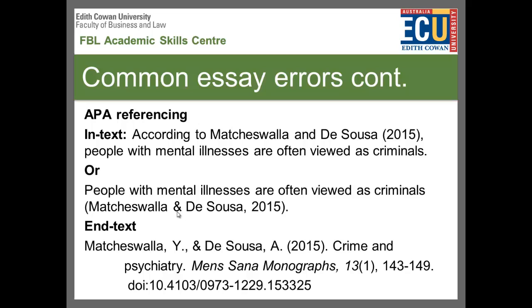In the end-text reference list, remember, you need author surname, so you're trying to show who, when, what, the title of the article, where it came from. And here, for example, because this is a journal article, you should be able to find a DOI, which is the Digital Object Identifier. Of course, all your in-text references should appear in the reference list. If you don't use a reference in-text, don't include it in the reference list.